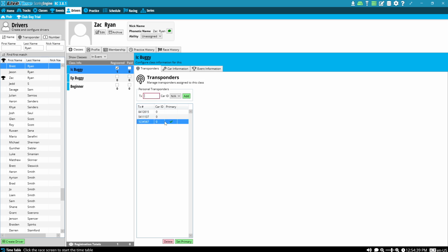Alternatively, if that transponder is in the list, then you can select that transponder number and come down the bottom here and click set primary, and that will be the transponder that's registered for that class. Now, if he is wanting to run multiple classes, you can click on EP Buggy, and then